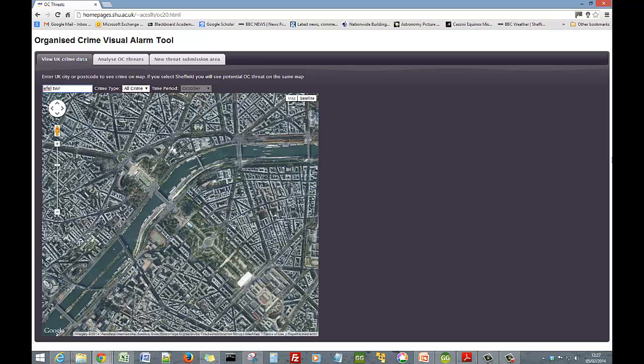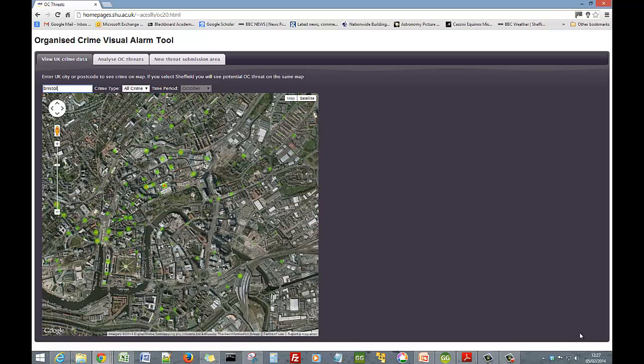Now, currently we don't have any live data coming from the other work packages to represent on the map. So what we've done at SHU is to use some live data, and the live data we're using is actually crime data from data.police.uk, a publicly available site which lists crimes that have occurred in the UK. If I put the name of a place in the UK, for example the city of Bristol, the map of Bristol appears, and also the crime data coming from